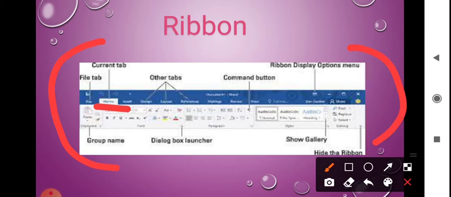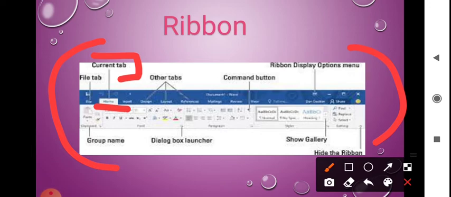In that ribbon, these are the tabs. The first one is your file tab, correct. Current tab means the tab on which you are working. Other tabs are Design, Layout, References, Mailings, Review and View, etc. Now group names.